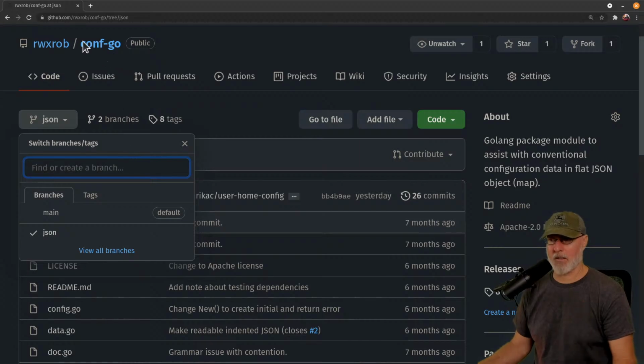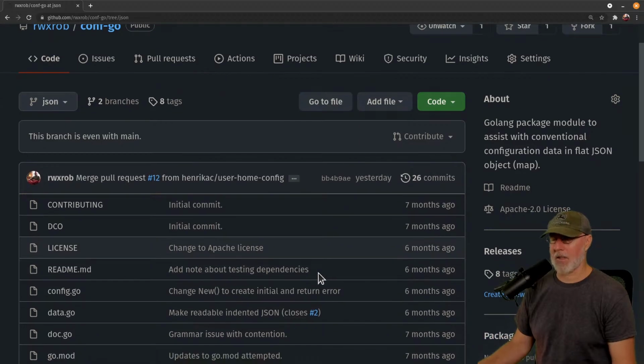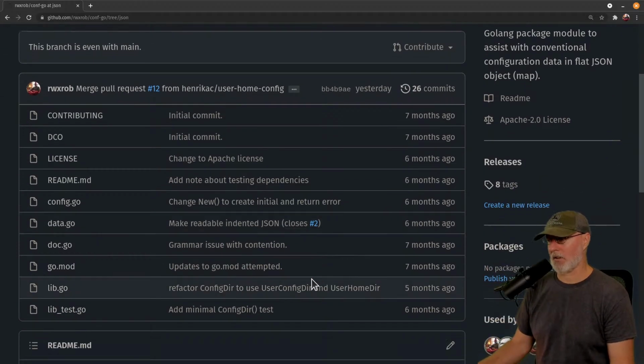But I don't want conf-go to be locked down to the JSON format that it was locked to before. I want to reuse this. I'm not going to create a new name just for the one that I turned out to want anyway. So it's not really breaking dependencies because version 1 is out there, right? So that's how software is.